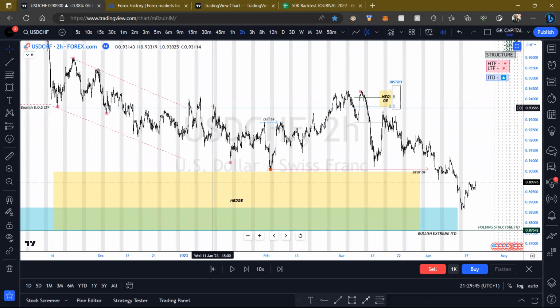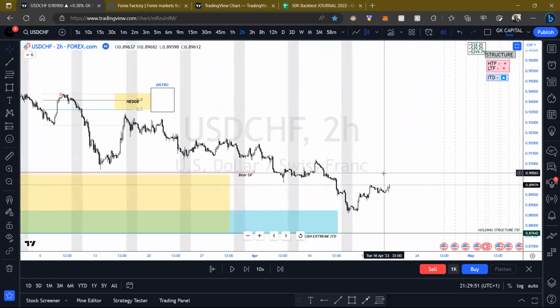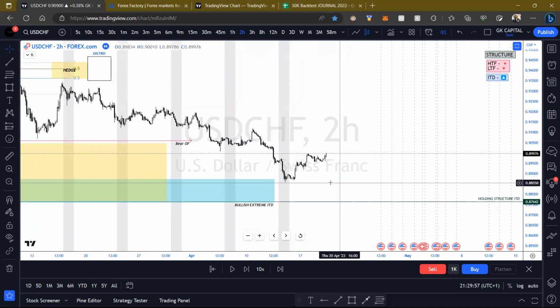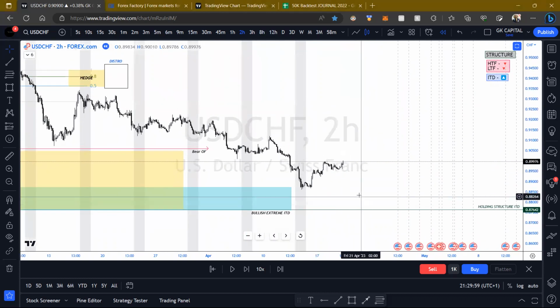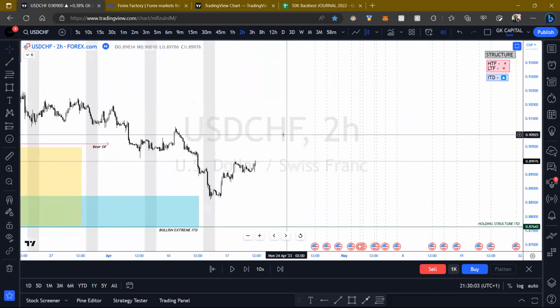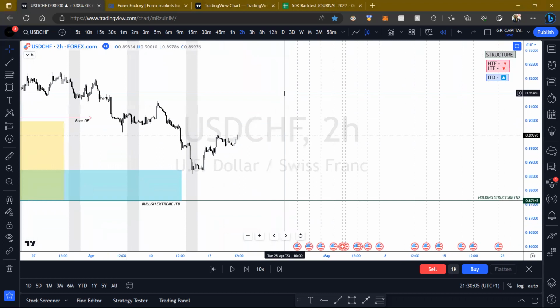I was in a hedge from the sell here, but we got stopped. Then I was looking for here, and price never came in. So if I could get into some sort of sell hedge, that would allow me to get into the buy, and that's also something I could look for like a reduced risk. But I do need price to at least give me a new low.